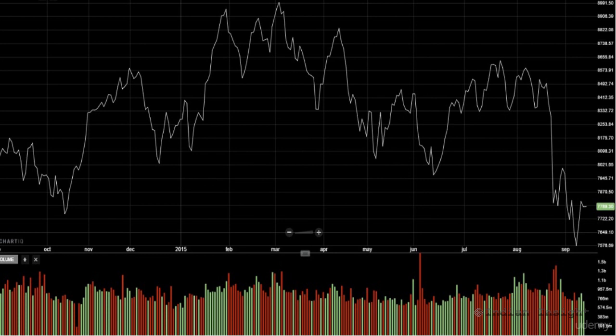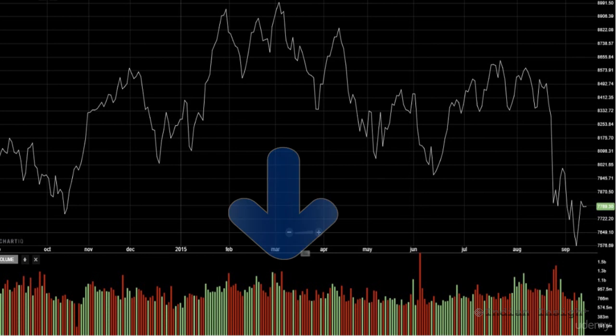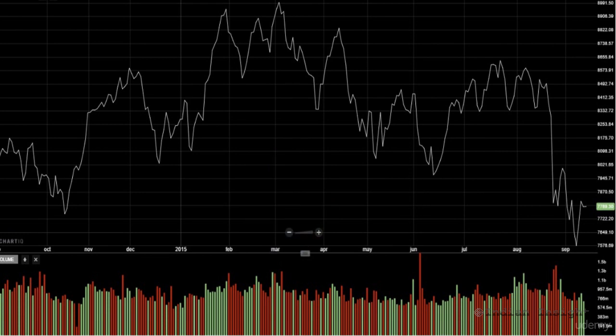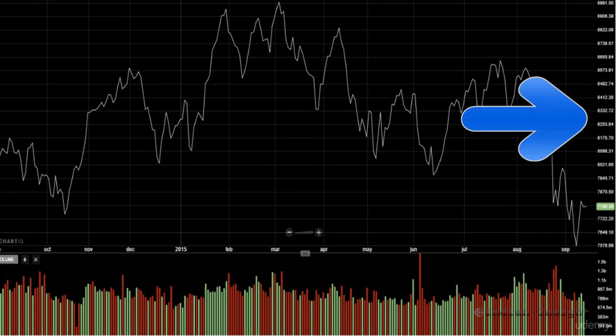So this is a line chart, and here we have also included the trading volume associated with each price point on the line chart. A line chart is a plot of data points such as share price with a line connecting these points. Line charts are typically drawn with closing price as the data points. The vertical axis reflects the price level, and the horizontal axis represents time.